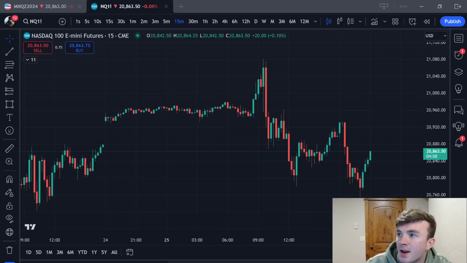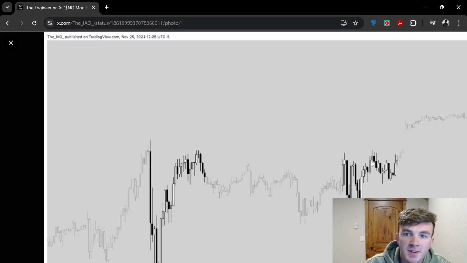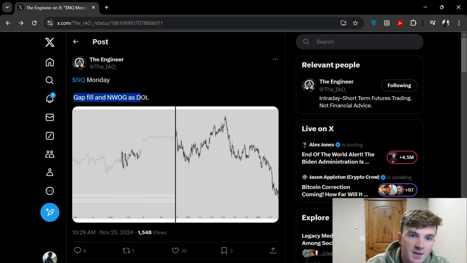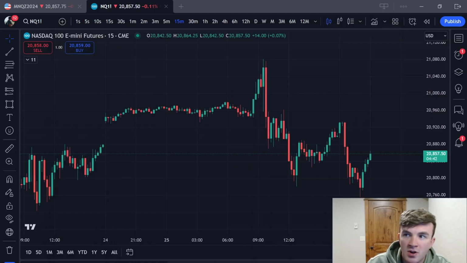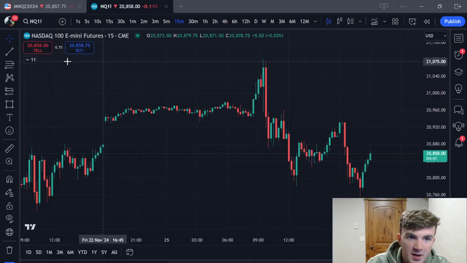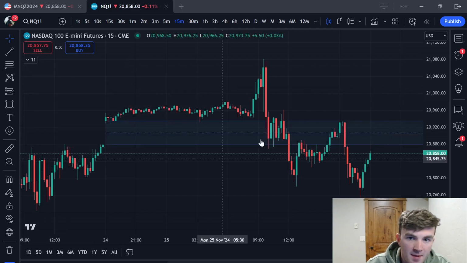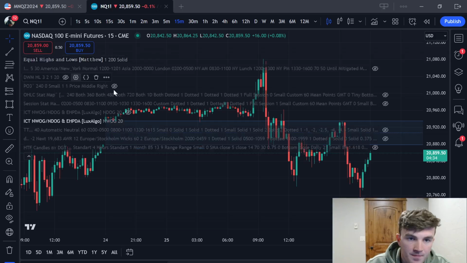But I think he's talking about the new week opening gap being a draw on liquidity, and you can see the market goes to this new week opening gap and it utilizes that as a draw on liquidity. I think that's what he's saying, but you can see here he says gap fill and new week opening gap as draw on liquidity. So the market wanted to draw back to this new week opening gap, and it did. And then